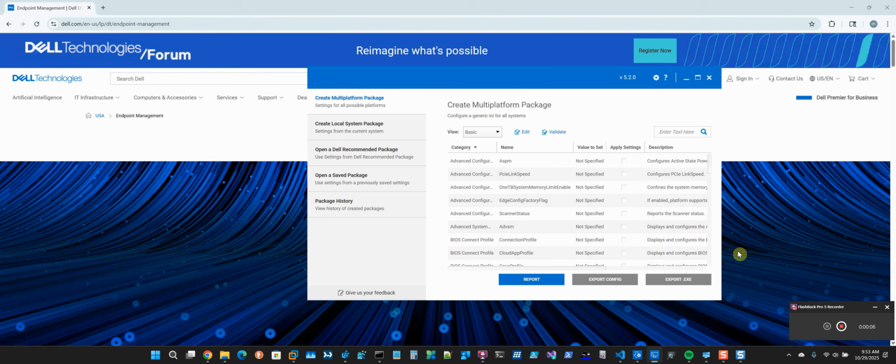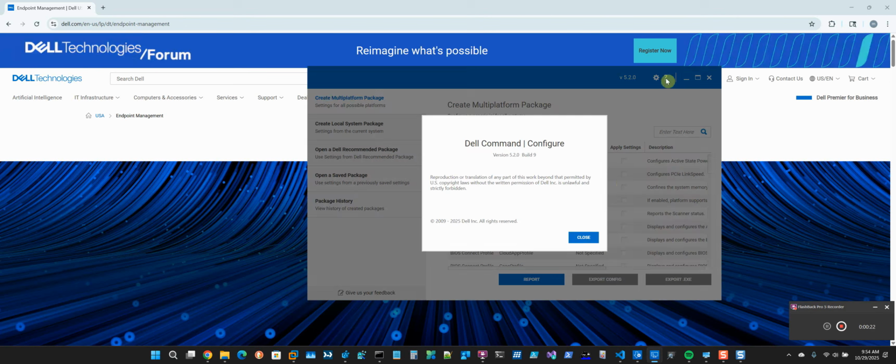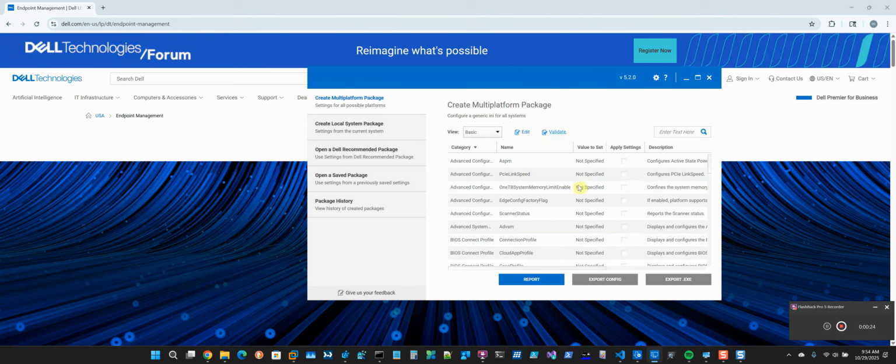Today I'm going to go over running cctk inside of your SCCM task sequences. I've been asked by a handful of people to create a video on this, so I'm going to. I've done another video on this tool, which is Dell Command Configure, so I'm not going to go over how this tool works and how to set it up, but this is our standalone tool that lets you manipulate the